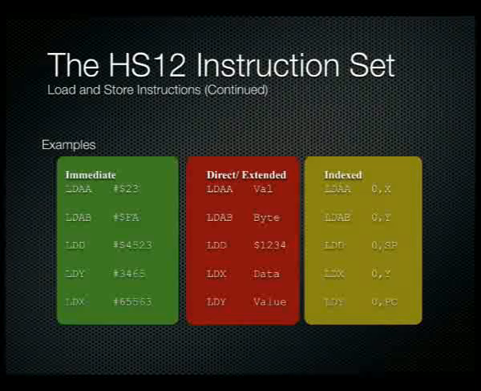One thing to keep in mind is that when you're loading using accumulator A and accumulator B, as I said before, you're loading an 8-bit value into that register. When you start dealing with D, Y, and X, then in fact you're loading a 16-bit value, which means you're loading a chunk of data. In the case of immediate, you're simply loading the next 2 bytes that follow that instruction into the accumulator, or into X or Y, whichever one you're using. If you're referring to a memory location, then of course you're going to load 16 bits out of that memory, which means the most significant byte that goes in that accumulator will come out of that memory location that you're referring to. The LSB for that register will actually come out of the memory address that immediately follows